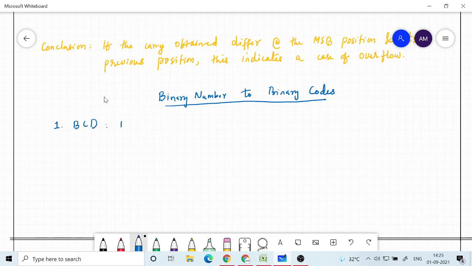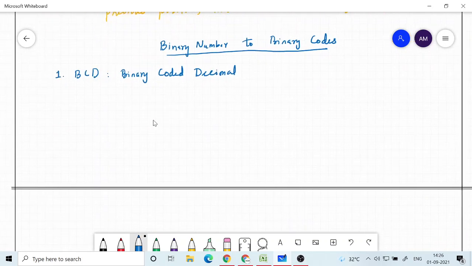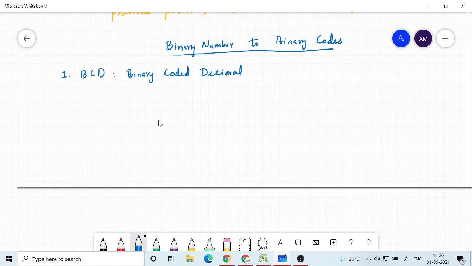Now what does BCD stand for? It is called binary coded decimal. Now it may look very simple, but we need to understand why we need something like this. The reason why we need a code like BCD is because in everyday life we humans are familiar with decimal digits, decimal numbers. It is very convenient for us to talk about numbers in the form of decimal numbers.